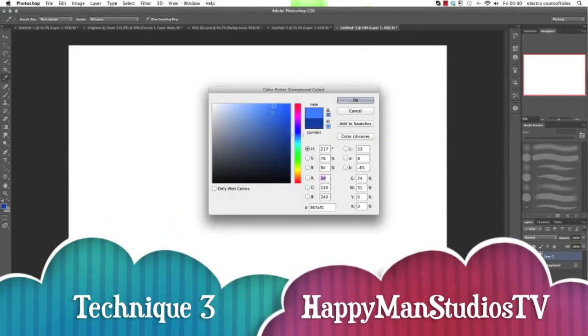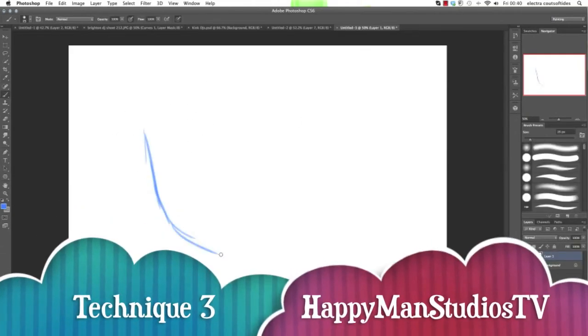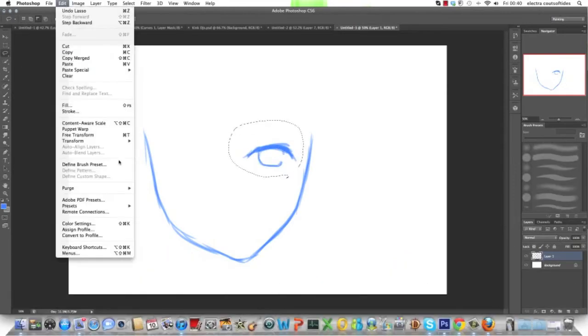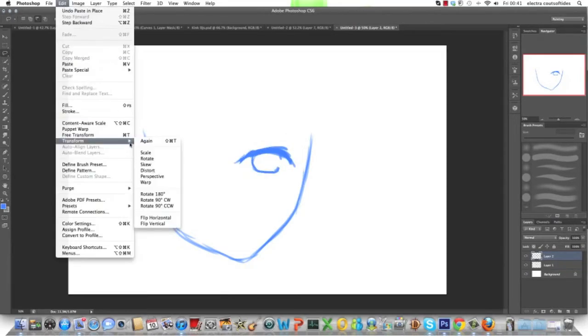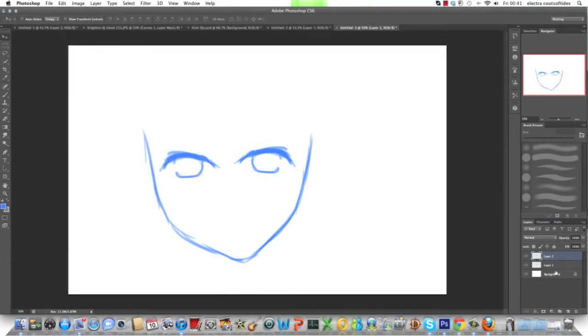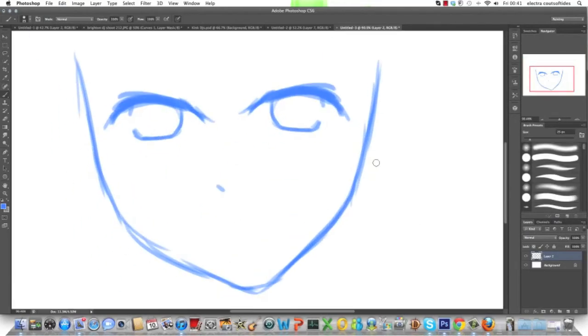Moving on to our third and final technique within this video, which is a slightly more advanced technique. If you're doing a canvas with a lot of characters in it and a lot of people, you would use this technique. This technique is similar to the first one, where you just go in and immediately begin sketching in your characters. However,